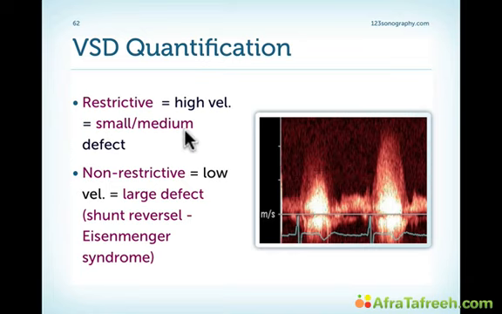Another term is that we talk about restrictive versus non-restrictive defects. Restrictive means that there is still a significant pressure difference between left and right ventricle, and this means that we have high velocity when we measure the jet velocity with continuous wave Doppler, as seen in this example here. We talk about a non-restrictive VSD in patients who have developed severe pulmonary hypertension or